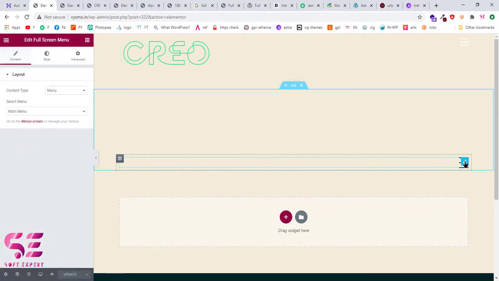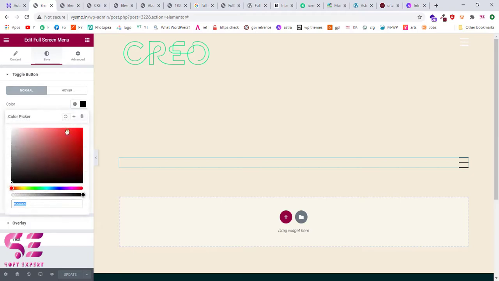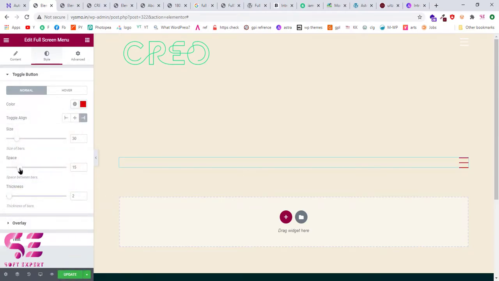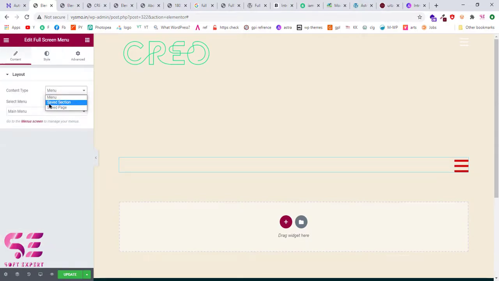So if you want to change, then click this one, go to styles and style it like how you want it. Change the color, the spacing, thickness and width size. As we created a section, we will use saved section here. Select template, so we just created custom menu. I will choose that one and click update.